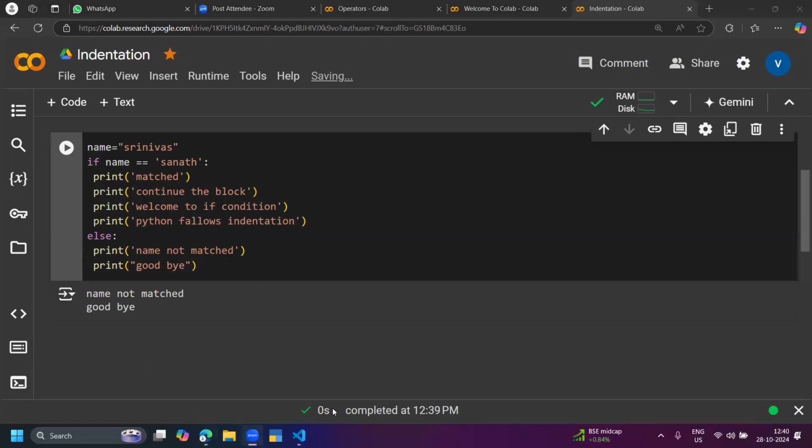It is working now, the code will execute. So this is the way of